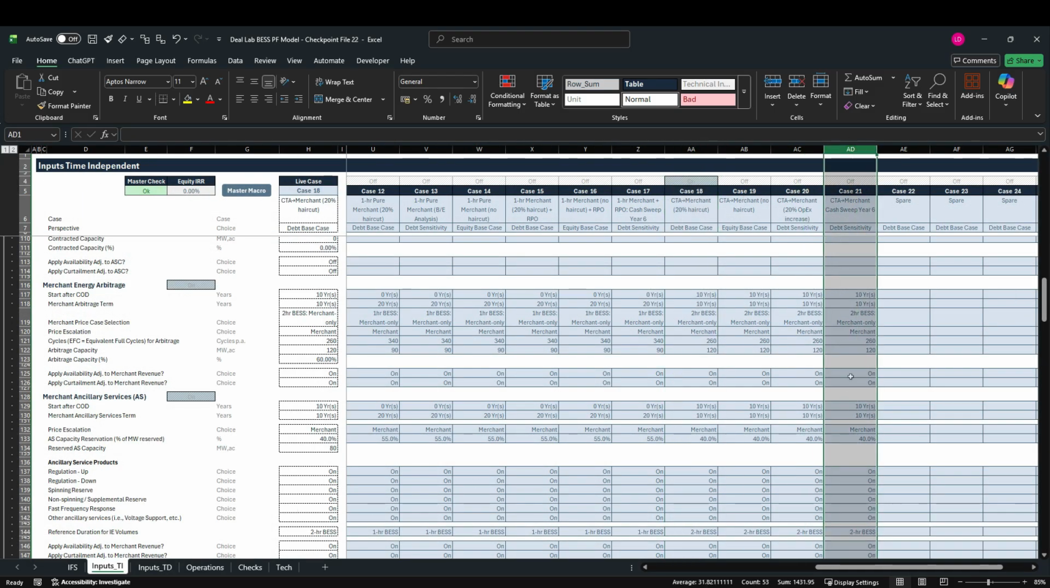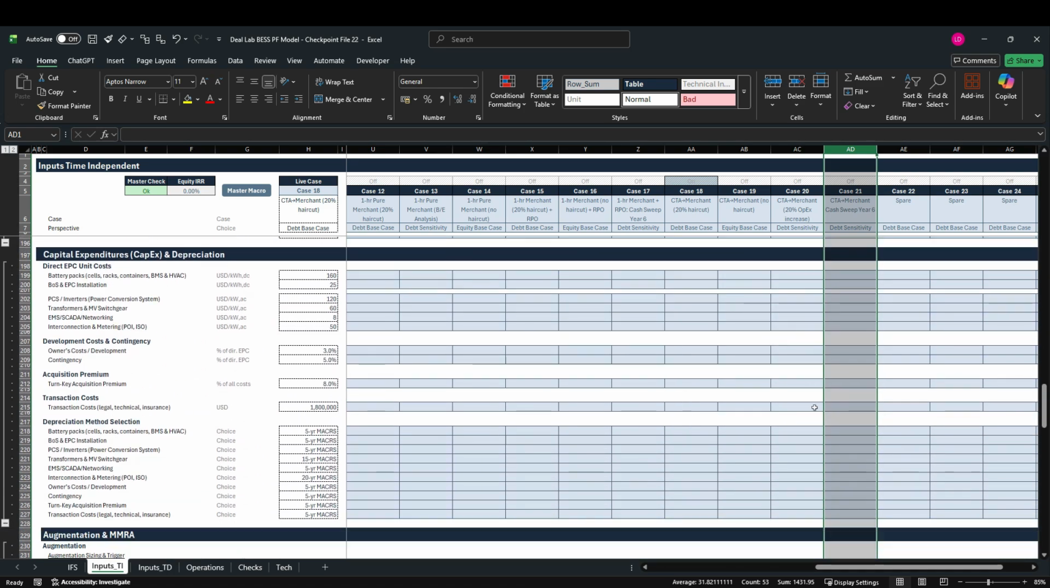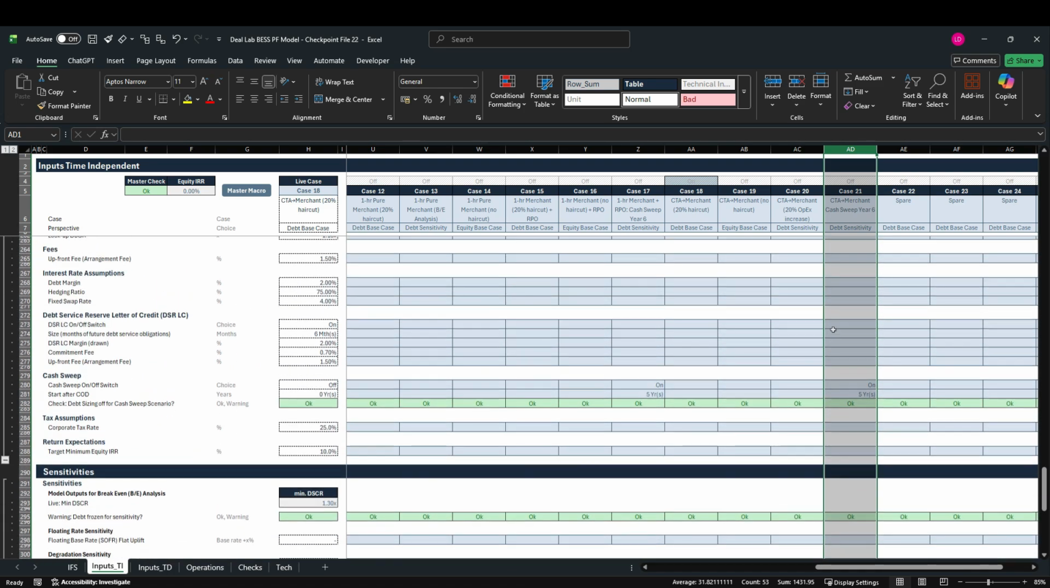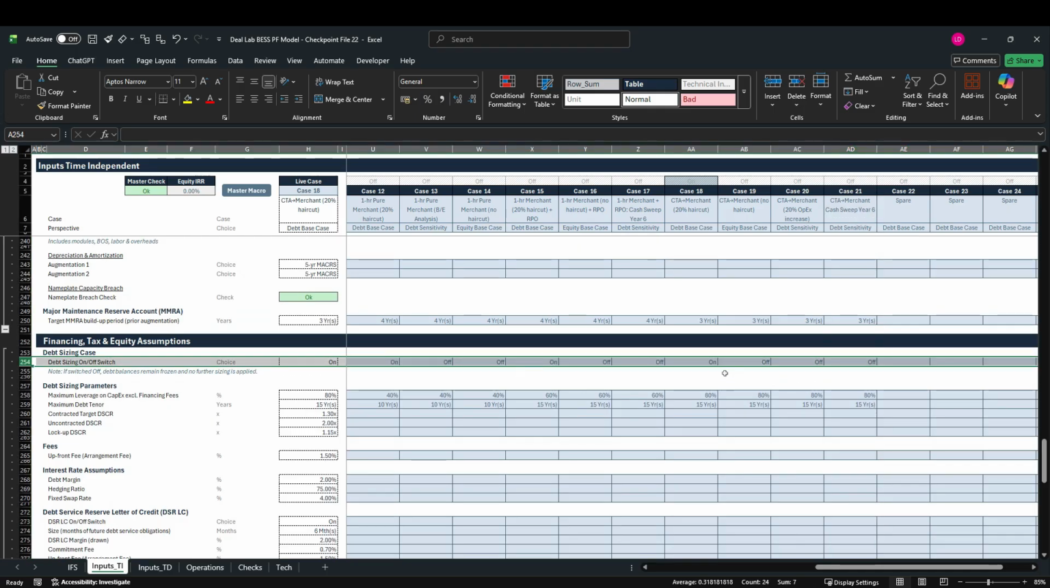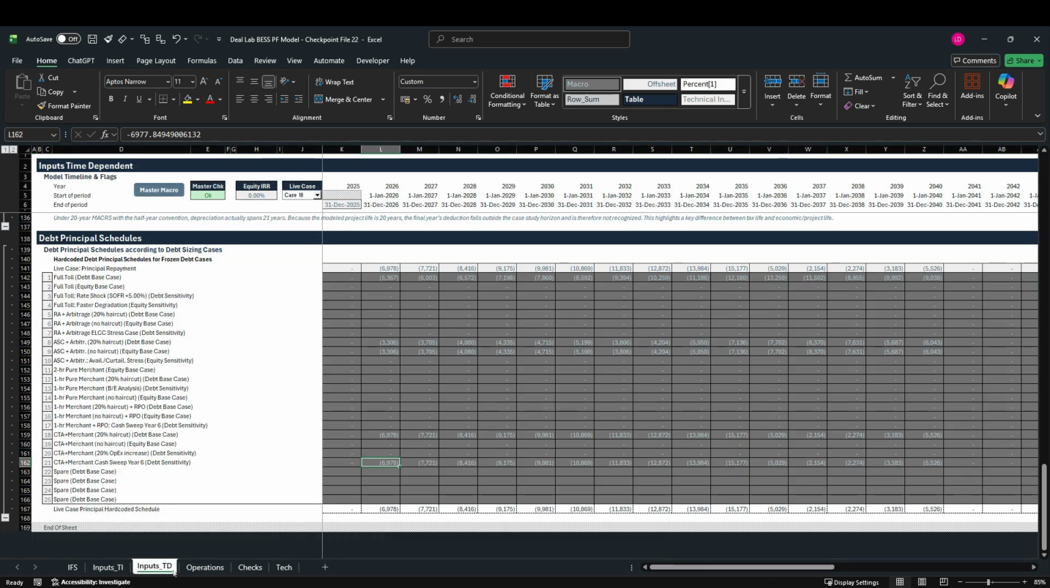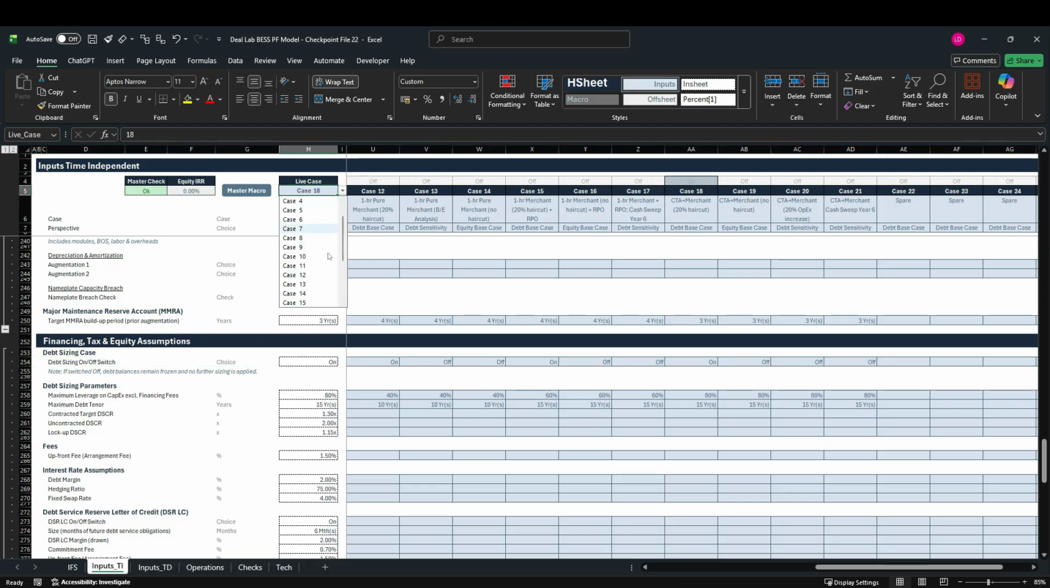And what you will see in case 21 is that our debt sizing in row 254 is not active. So the debt sizing occurs in case 18, and case 21 is just a debt sensitivity, which means our debt sizing is off, but the profile will be based on the debt sizing that takes place in case 18. So that's why we first had to determine our debt profile. And once we copy and pasted the hard-coded values in our inputs time dependent sheet, we are ready to move over to case 21,